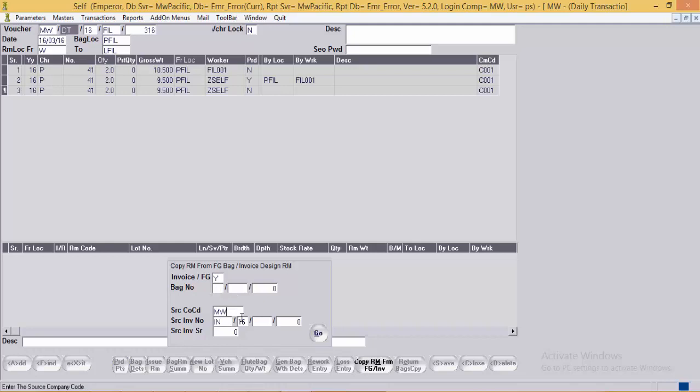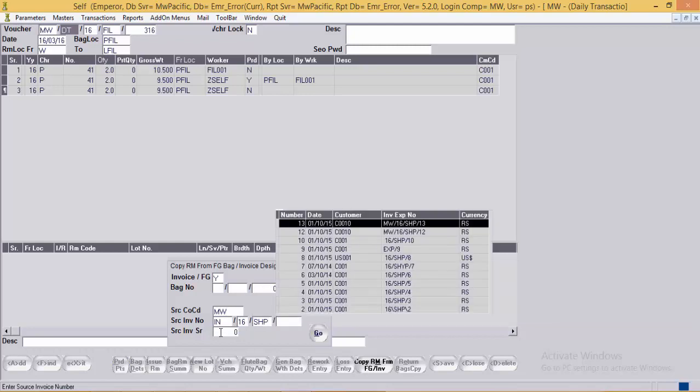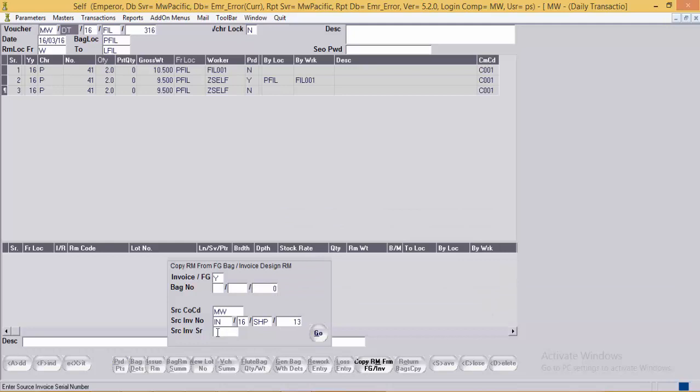He can mention the company code of the invoice, then the invoice number and the invoice serial number. Again, user must check that the source order and the target order has the same RM and click on the go button to copy the RM details.